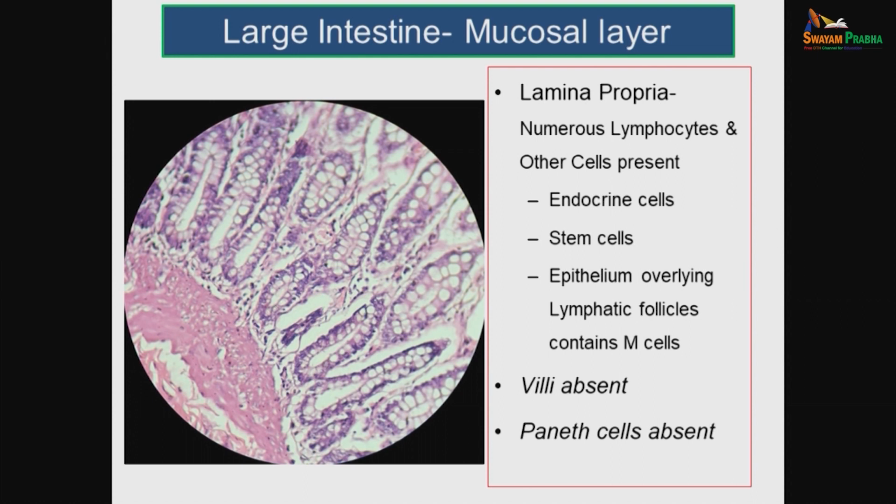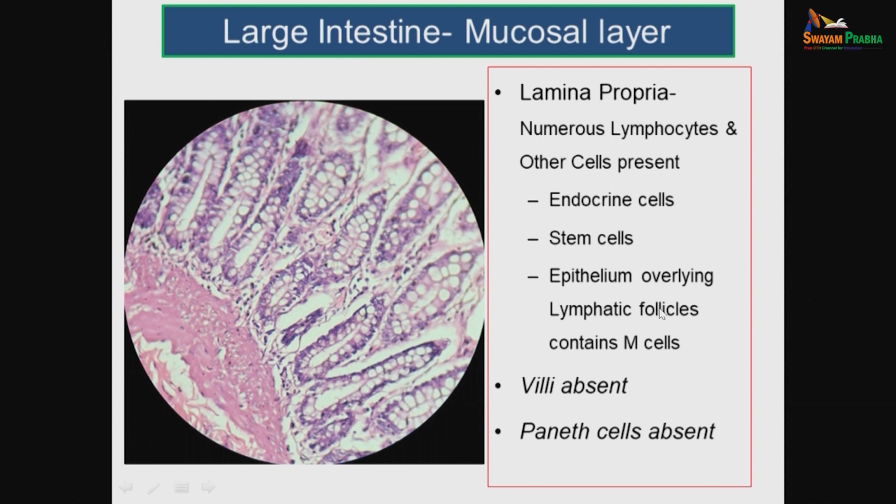They are all grouped as amine precursor cells. They are present in the GI system. They have their paracrine functions. They function as hormones, not necessarily in this area. They are secreted into the blood and they go to a distant area and function. So, they have the functions just like any other endocrine cells in the rest of the small intestine. With regards to the lymphocytes, we can see that in the lamina propria,